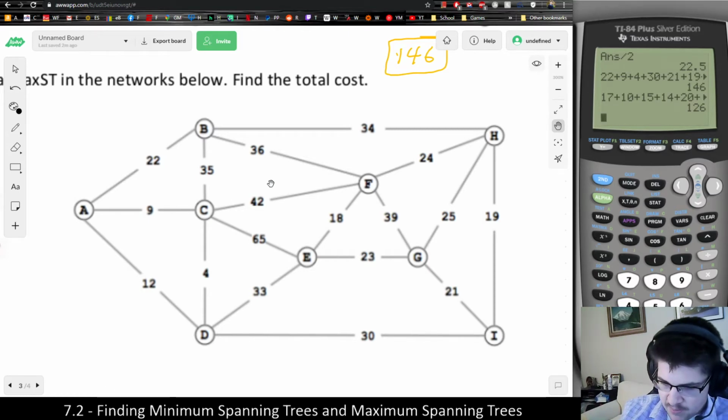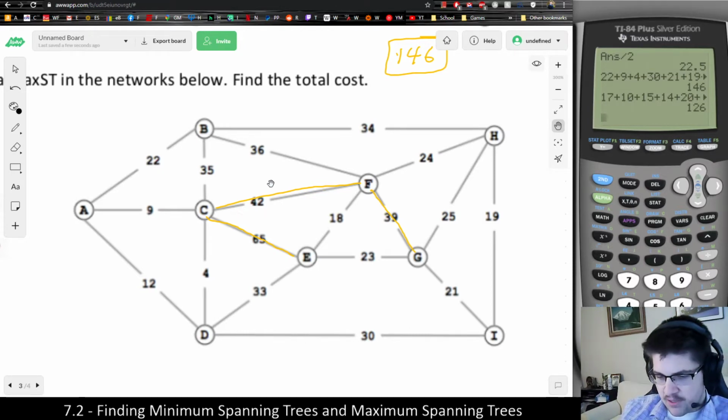65 is the most expensive. Then 42, the meaning of life. Then 39, I believe. The only thing you need to be careful about is that you are going in order. If you go out of order, you could mess up and you could select the wrong edges. So just be careful. I usually am probably not as careful as I should be, but nonetheless, 36 would be